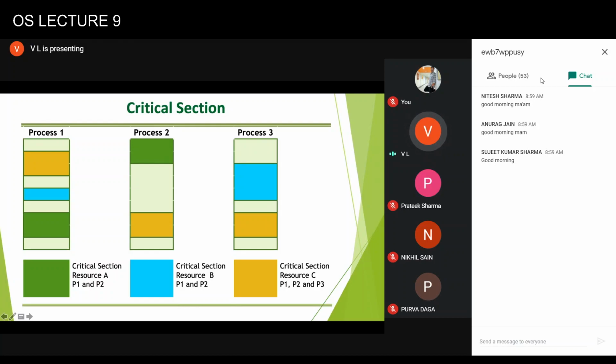And this is a shared resource between all the three. So now the critical section problem requires that when one process is in its critical section, the other processes should not be in the critical section with respect to that resource. So for example, if P1 is in this orangish area, then P2 and P3 cannot be in these areas.